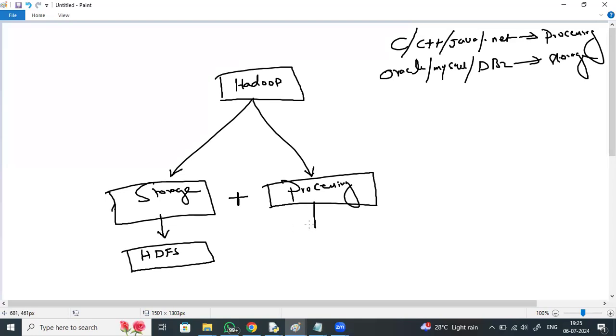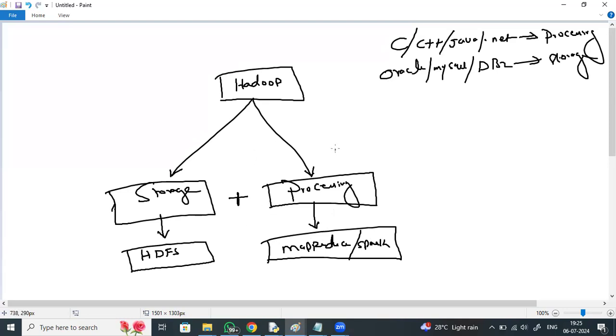And for processing, it has an execution model called MapReduce. Currently, we are going with Spark. So Hadoop doesn't use any database; it goes with a parallel execution model, MapReduce or Spark. For storage, HDFS.